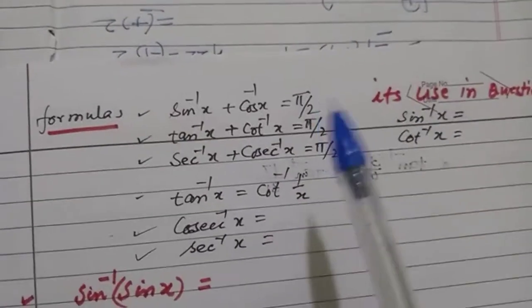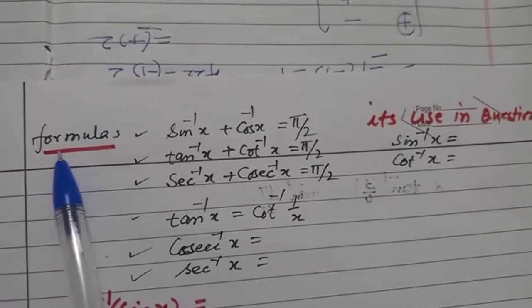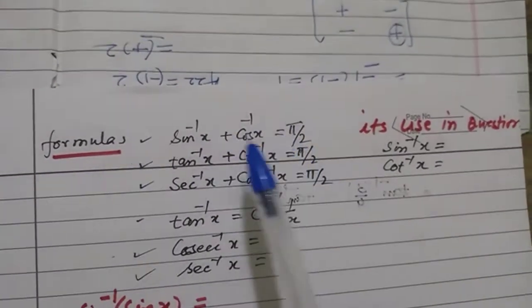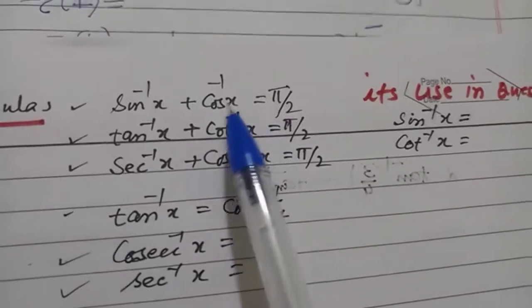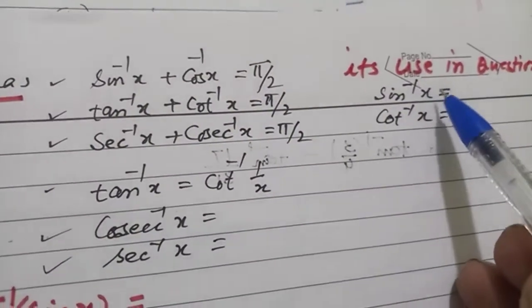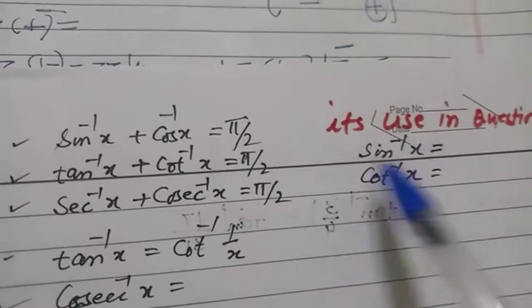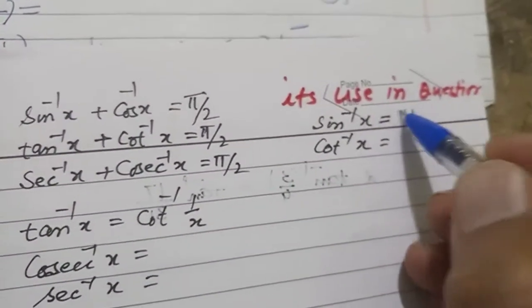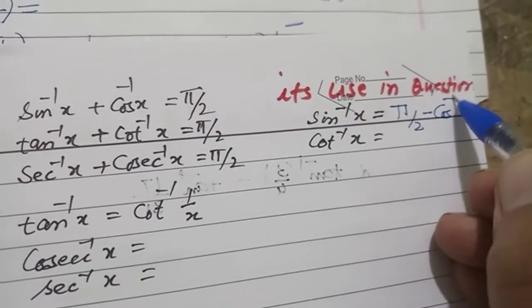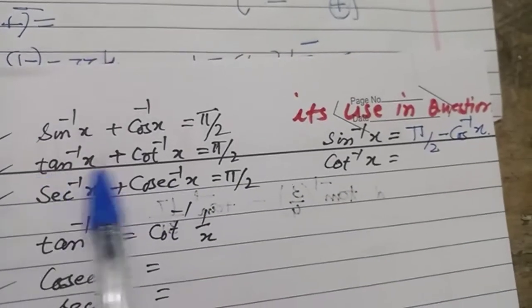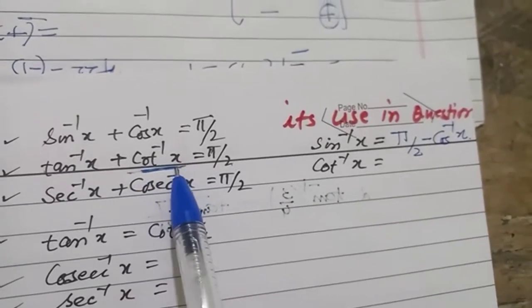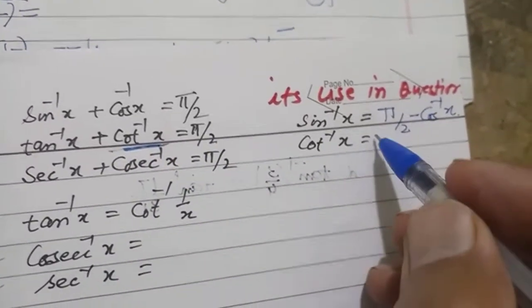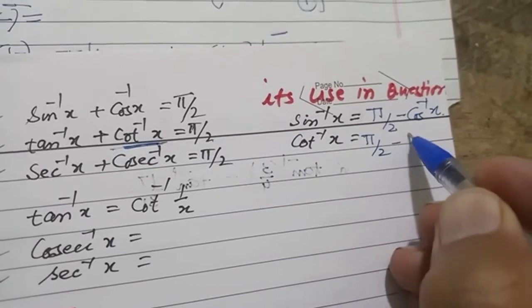Now, this is related to function and their composition. Now come to this. These particular results are also there in your second exercise of NCERT. What is sin inverse x plus cos inverse x? It is pi by 2. How are we going to use this? We are going to find the answer of sin inverse x. What is the answer of sin inverse x from here? It is pi by 2 minus cos inverse x. Tan inverse x plus cot inverse x is pi by 2. Anytime you can get the answer of cot inverse. If we want to change cot inverse, we can change it into tan inverse: pi by 2 minus tan inverse x.